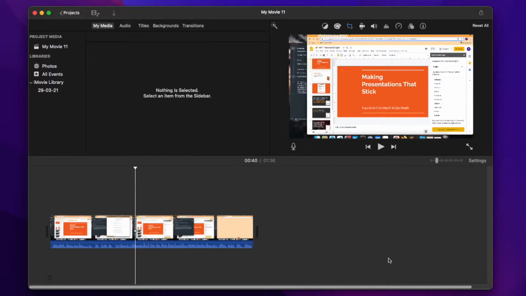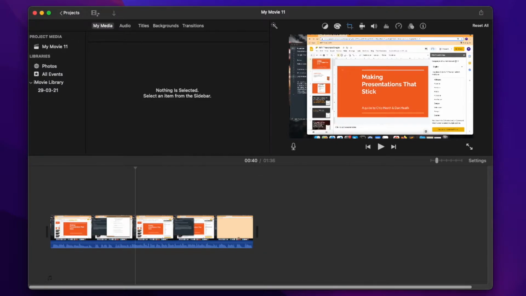If I scale it back down, what I want to do, let's say, is hide these particular slides. I just want to show the first one. I don't want to show the others. So the first thing I will do is press Shift Command 4. This will give me the option to take a screenshot. I'm going to take a quick screenshot of this side panel which I want to hide.